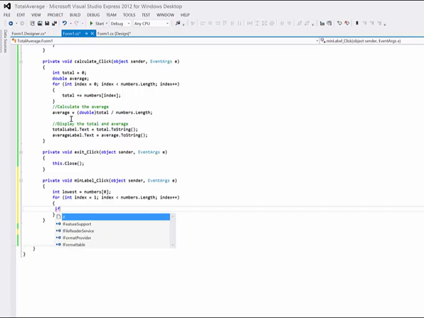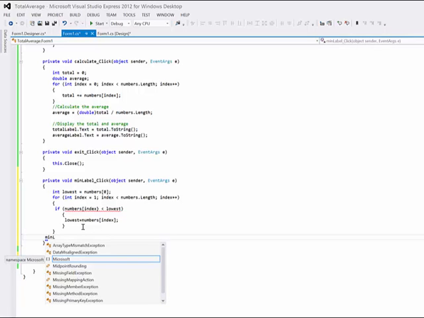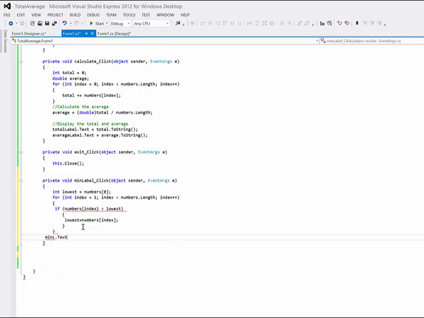Next, I need an if statement. So if any particular element, which I'm calling numbers index, is less than the lowest, then what I'm asking my code to do is set the lowest equal to that particular element. So every time it encounters an array element that's smaller than the first one, it's going to replace the value of lowest. Outside my for loop, I want to push the value of the smallest element to the text box